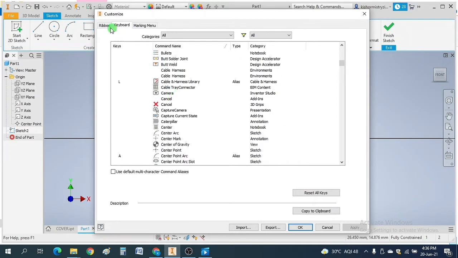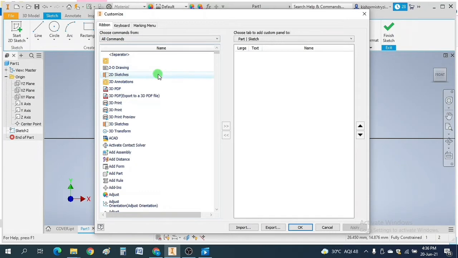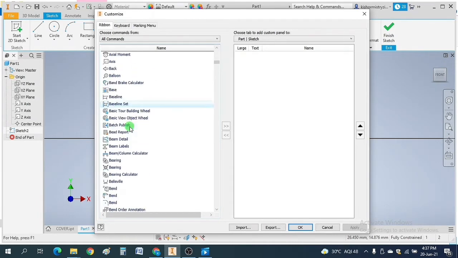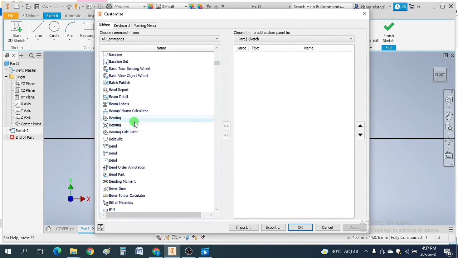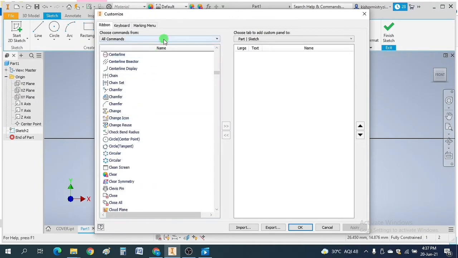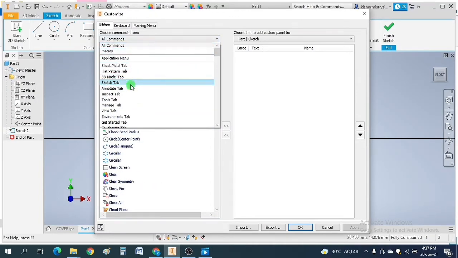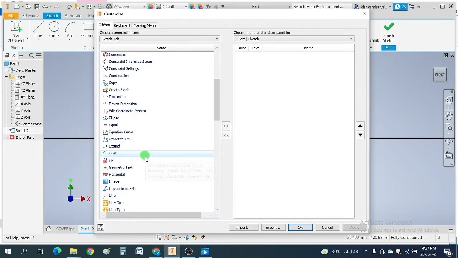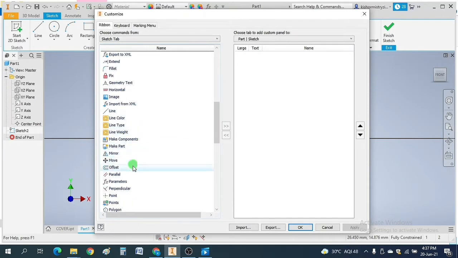So here also there are some keyboard shortcuts which you can edit or use from here, and there is a ribbon option. If you want to import anything to your workbench, you can add that to that workbench. For example, in the sketch tab, I want line color to be imported. Just click here.